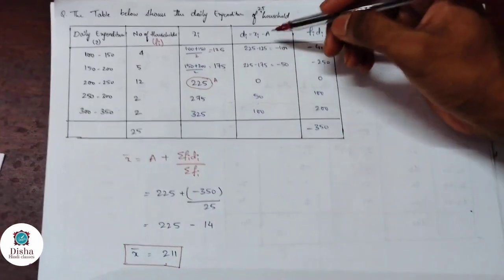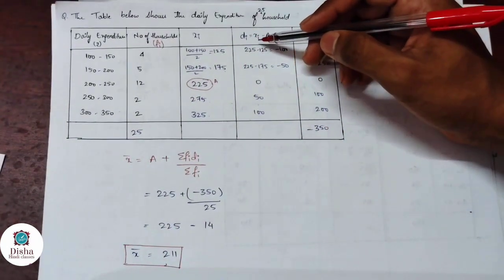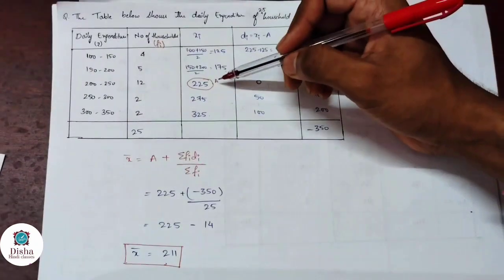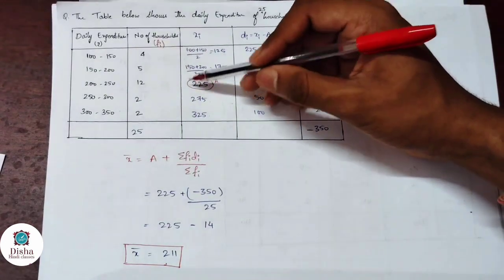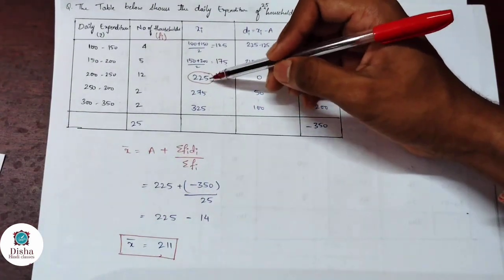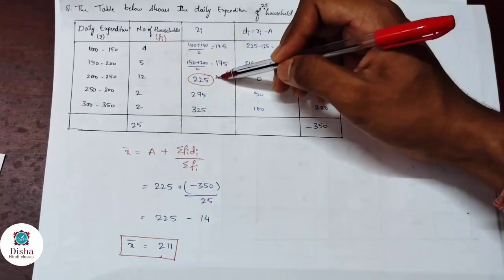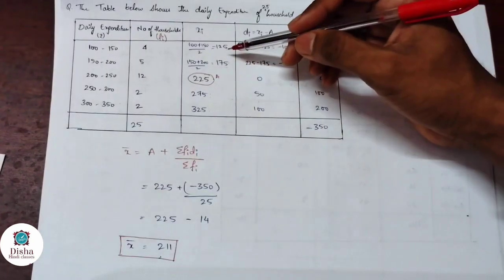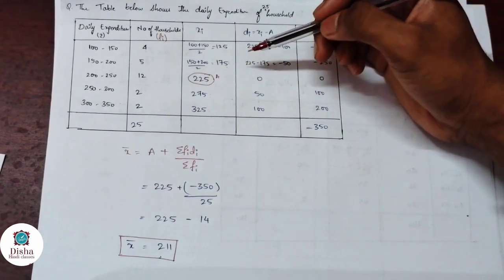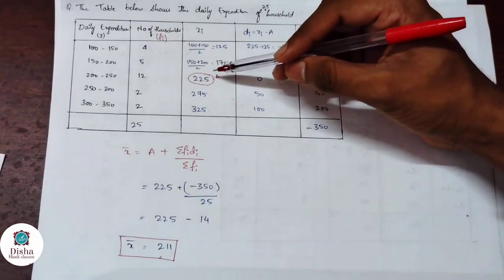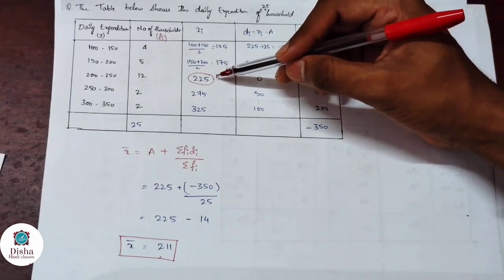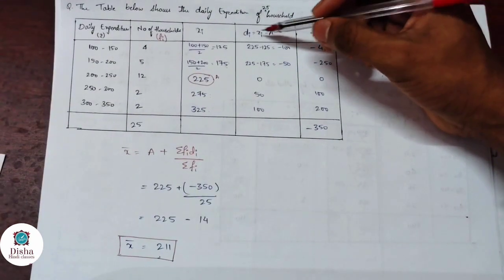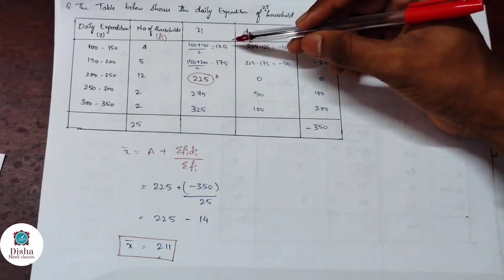So next we have to calculate the Di. How will we get that? Mid value minus assumed mean. So now we have to assume the mean. In the assumption of mean, you can take the middlemost value of the mid values. So here we have left 2, here we have left 2, and we have taken this 225 as the assumed mean. You can take any value or any observation as the assumed mean, but it is preferable to take the middlemost mid value as the assumed mean. So here we have di equals xi minus a. So now here we have 125